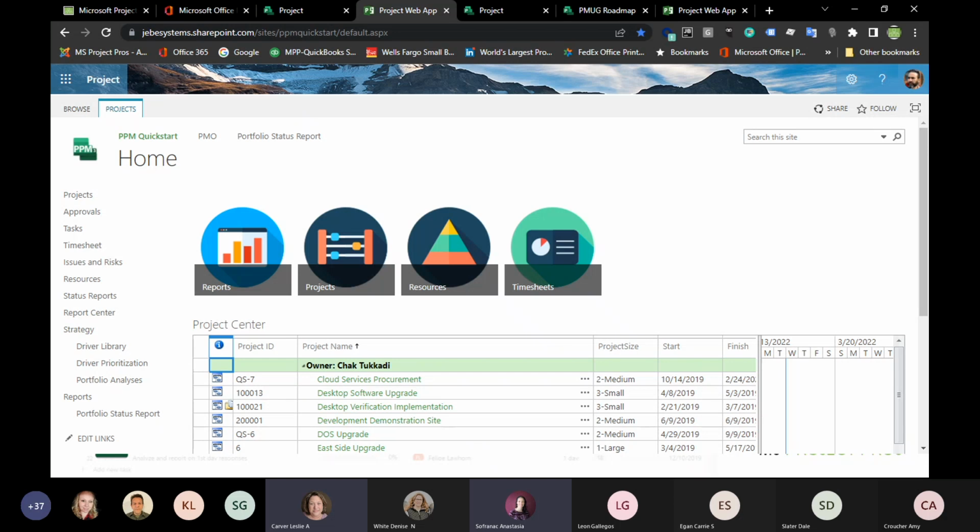I know one that I was thinking about is, when you're establishing a new project, does it matter whether it's PWA, Project for the web, or a regular project, if you'd like to add the ability for your subject matter experts to access, contribute, or make updates to tasks?